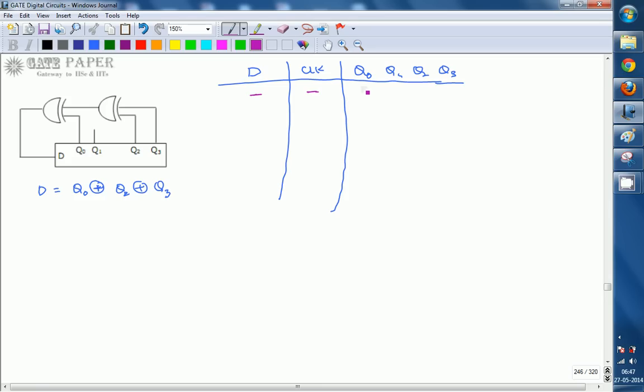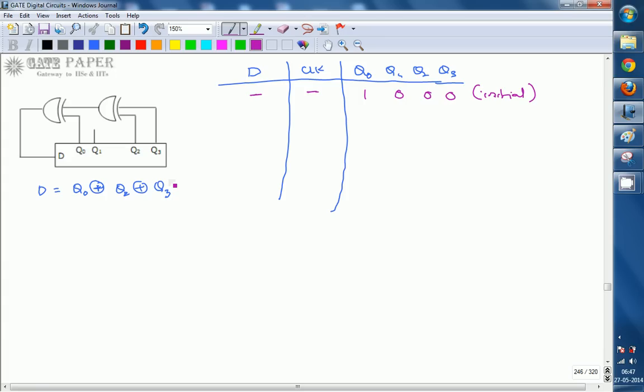Since we are not applying any clock edge, the initial contents are readily available. So the initial contents are nothing but 1000. The shift register is initialized to 1000. Based on these initial contents, you must calculate the value of D. Then D will be loaded into Q0 upon the first clock pulse. D is nothing but Q0 XOR Q2 XOR Q3, so you must check the bits present in Q0, Q2, Q3. If there is an odd number of ones, the value of D is 1. If there is an even number of ones or all zeros, the value of D is 0.